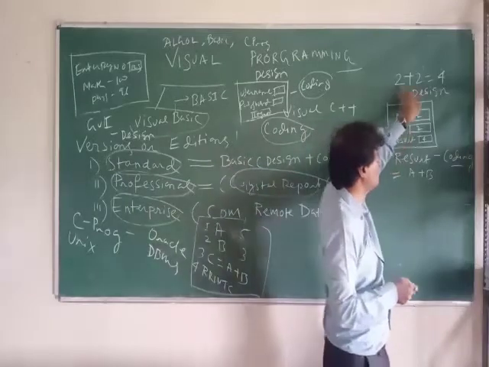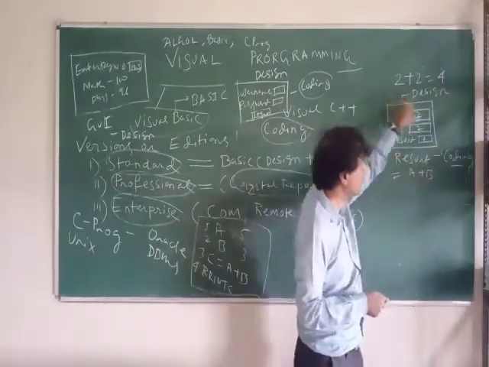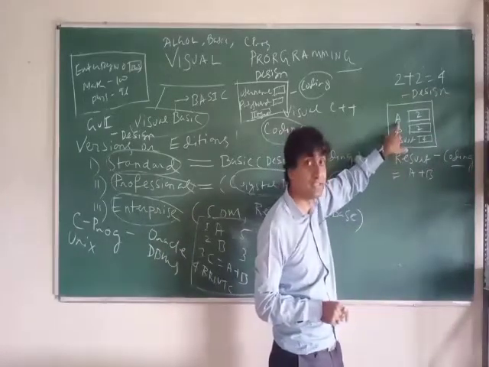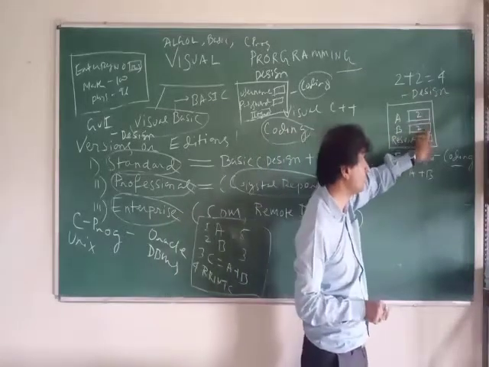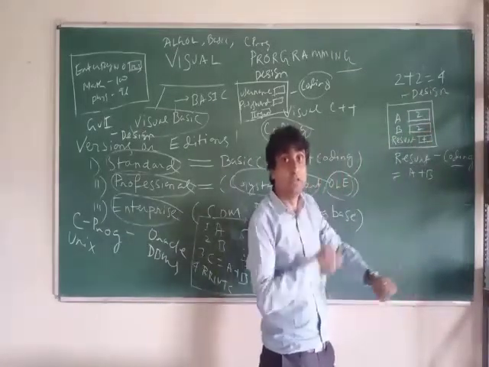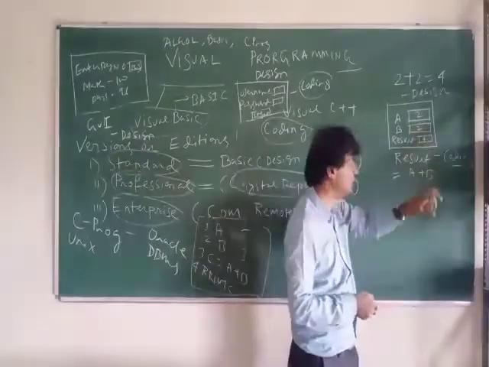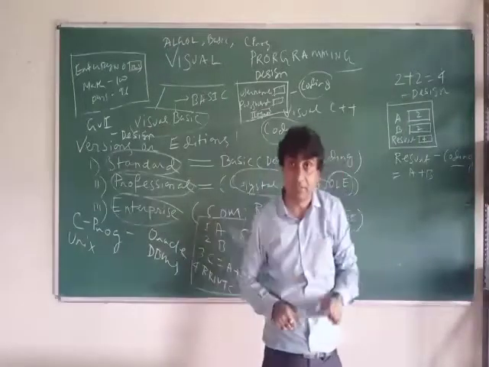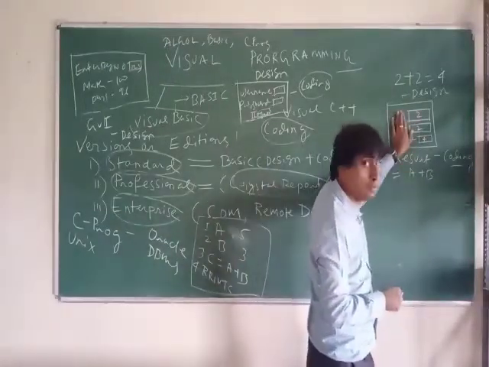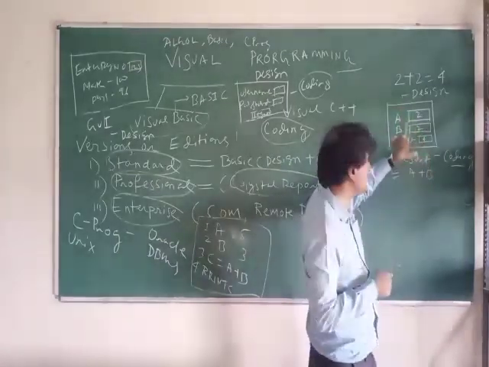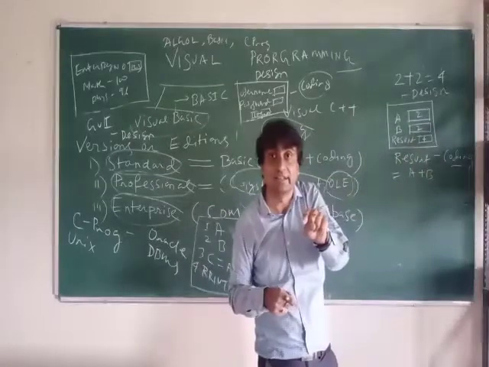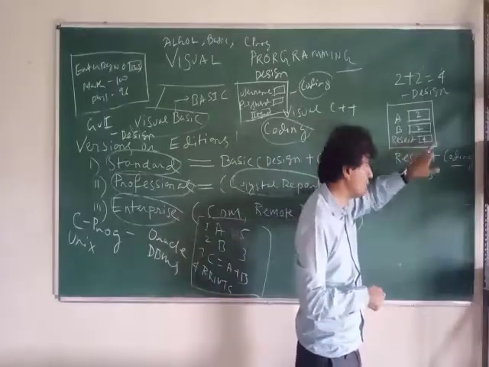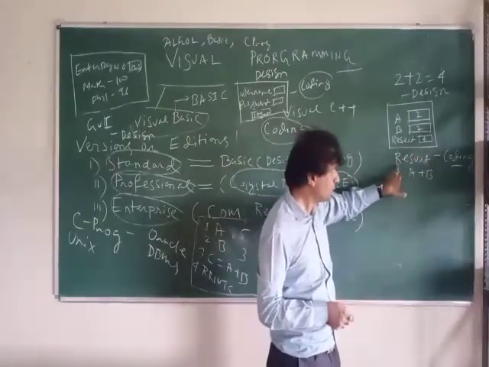See, like this. For 2 plus 2 is equal to 4, first one window will be there, where several objects will be there. This window is called a form. Here A is there, B is there. These boxes are called text boxes, used for input and output. And this is called labels: A, B, result. A label is nothing but a heading. Headings are required so that the user will come to know what to do. A is there, we should give input of A. B is there, we should give input of B. Then it will give the result 4.